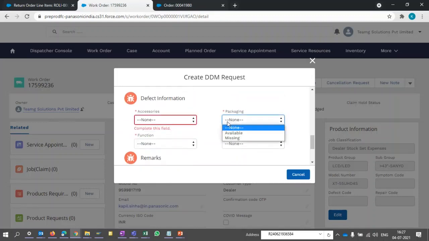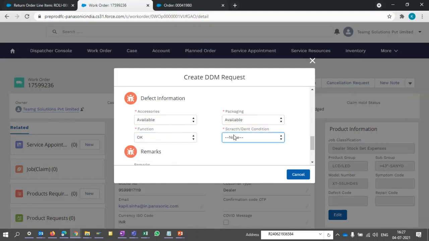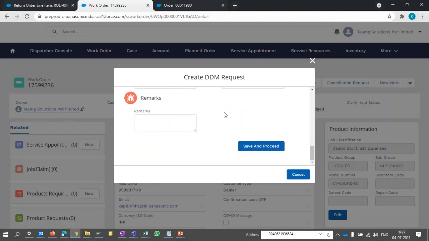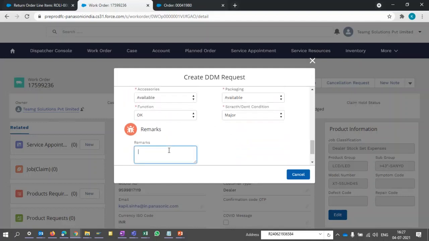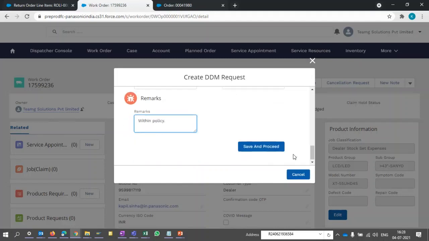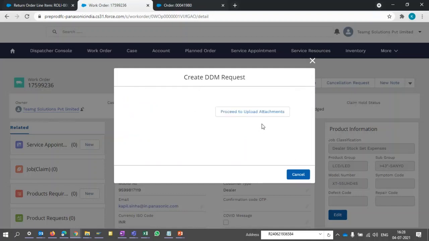Accessories status. Accessories packing damage, major or minor options are there, and remark. Now save and proceed. So once I click on save and proceed, it will go to the next level of